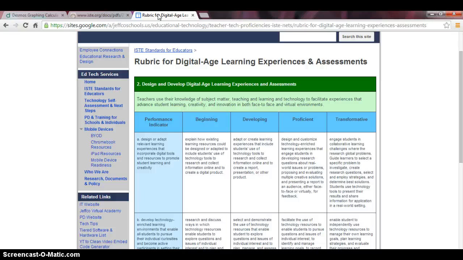If we look at proficient, it says design and customize technology-enriched learning experiences that engage students in developing research questions about real-world issues or problems, proposing and evaluating multiple creative solutions, and presenting a report to an audience either face-to-face or virtually for feedback. Well, they actually will be